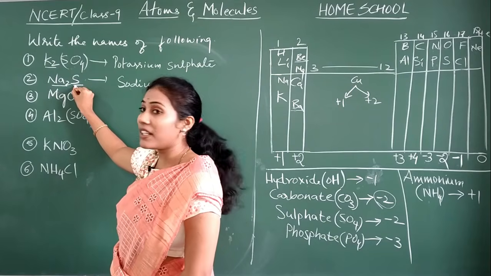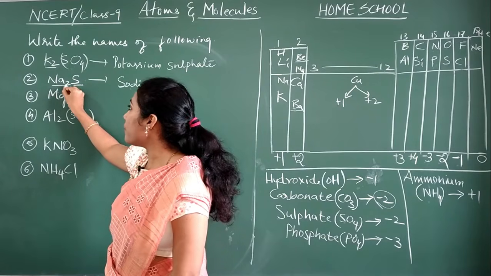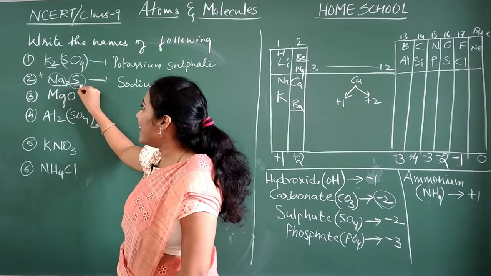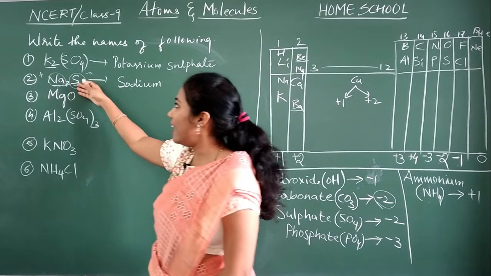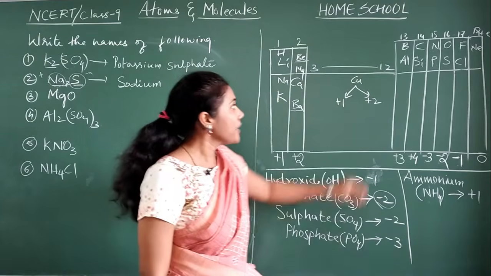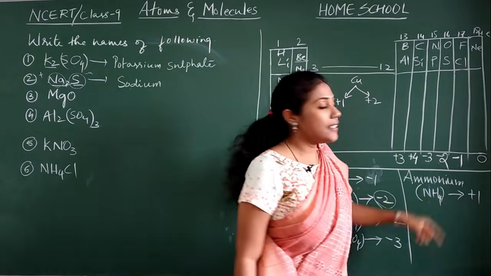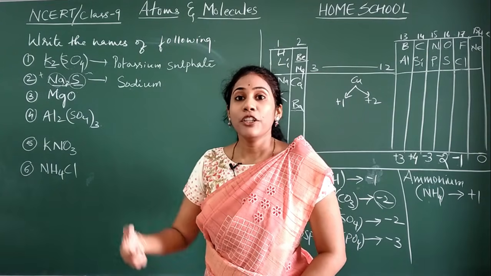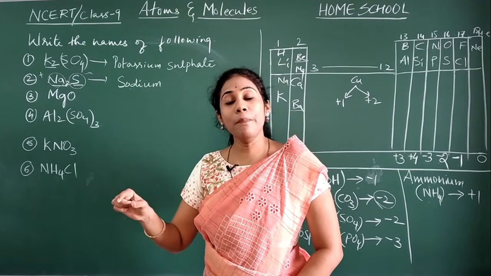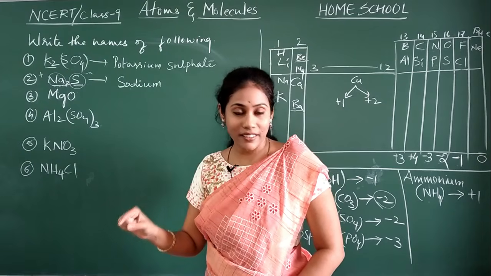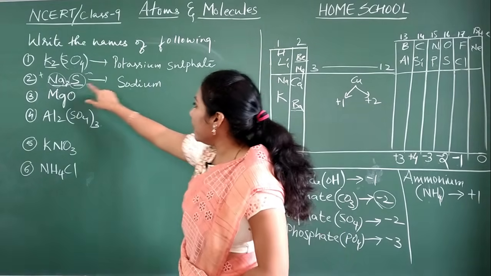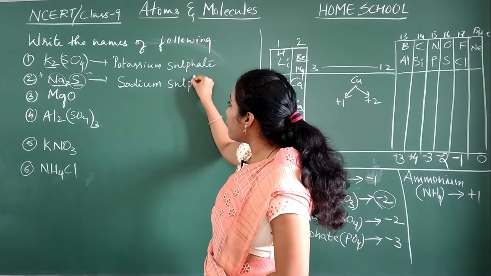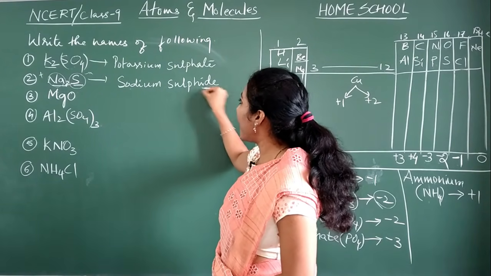And this is sulfur. What I told you: the first written element is always positive, guys. The next written element or group is negative; it will have a negative valency. Sulfur here has a negative valency. In that case, you should not write its name as sulfur. You should end its name with IDE. So what name will you write for sulfur, guys? You will write it as sulfide. IDE you should add at the end.